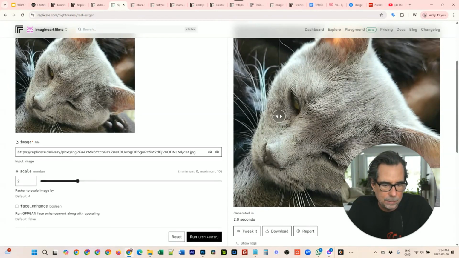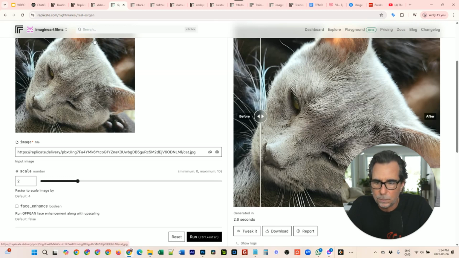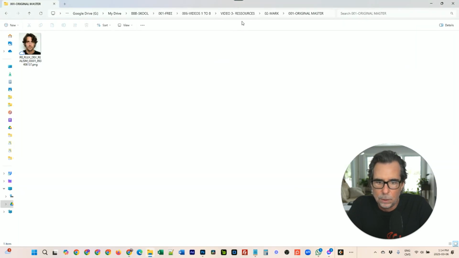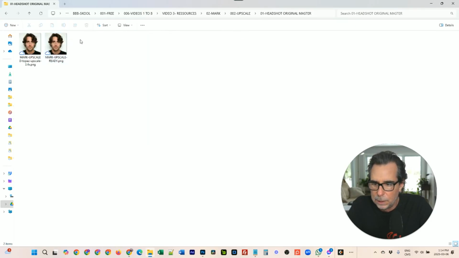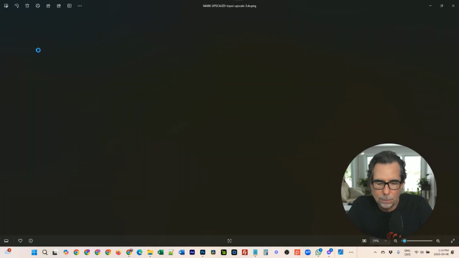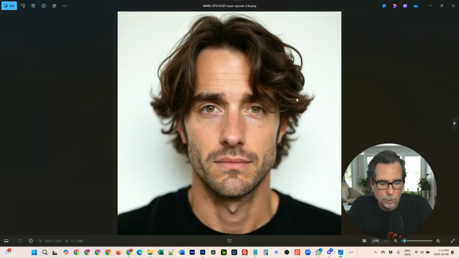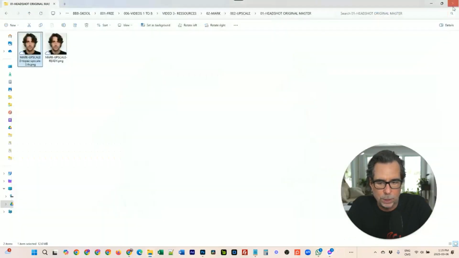Much better in this version. So what we did is we created our upscale. So we have the upscale version, and for this one I've used Topaz, because Topaz is a software that we use sometimes, and since there's a cost to this software, I know you can use the upscaler that we use on Replicate, which is pretty